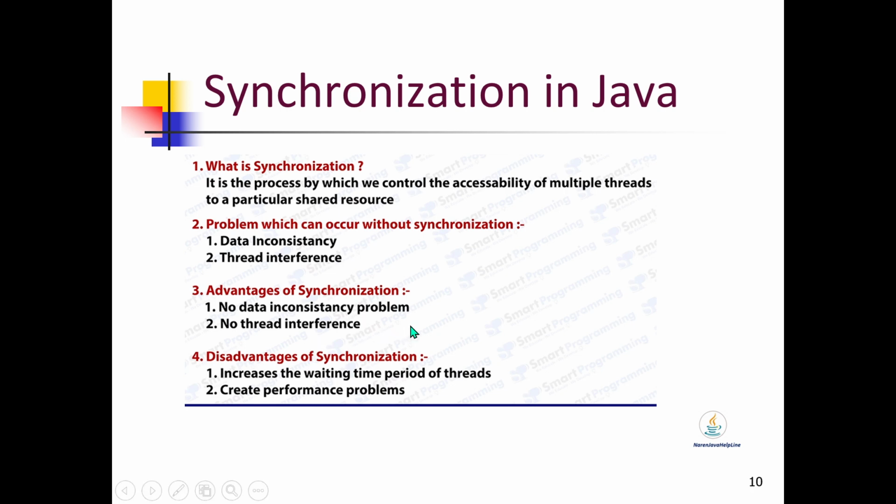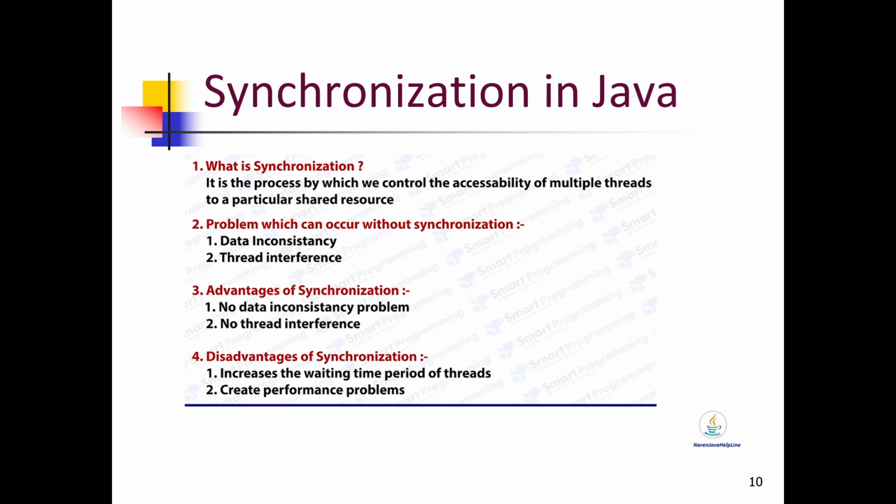And if we implement synchronization, we get some disadvantages. It increases the waiting time. First, why do we need multi-threading? Because we want to make our program perform well, so our performance will increase. That's why we want multiple threads to run a single task at a time. But here we are going the reverse way. For some code, we don't want multiple threads to run it at a time,